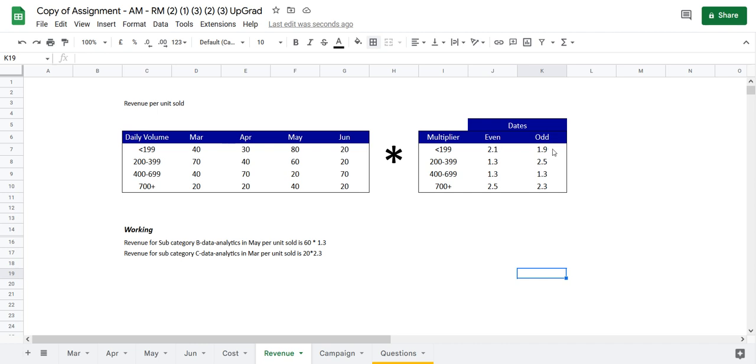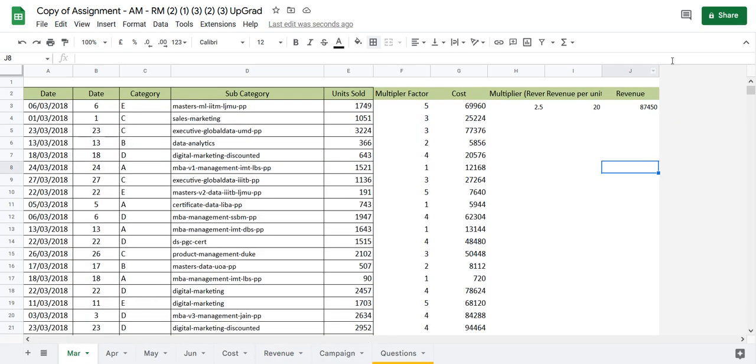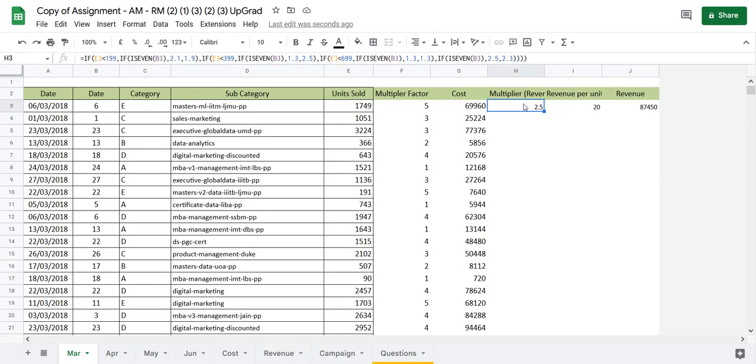If dates are odd, then for the same condition we have to use 1.9. Similarly, if the units sold are between 200 to 399 and dates are even, then 1.3. If dates are odd, 2.5. So what I did, I have typed the formula. I'll just show you. Basically for the month of March, for finding out the multiplier factor, I have used